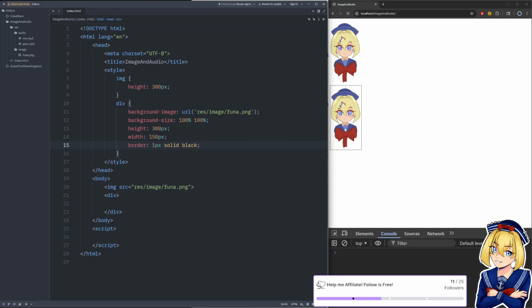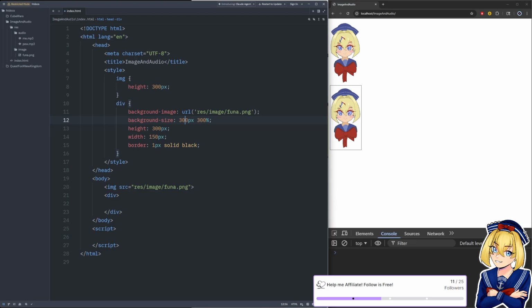But we can do some interesting things if we do this div method. We can do like sprite sheets essentially. Because as you saw, we only saw like a corner of Funachan when we did it that one way, right? So what if I said the background size is 300 pixels and I think I did this backwards.